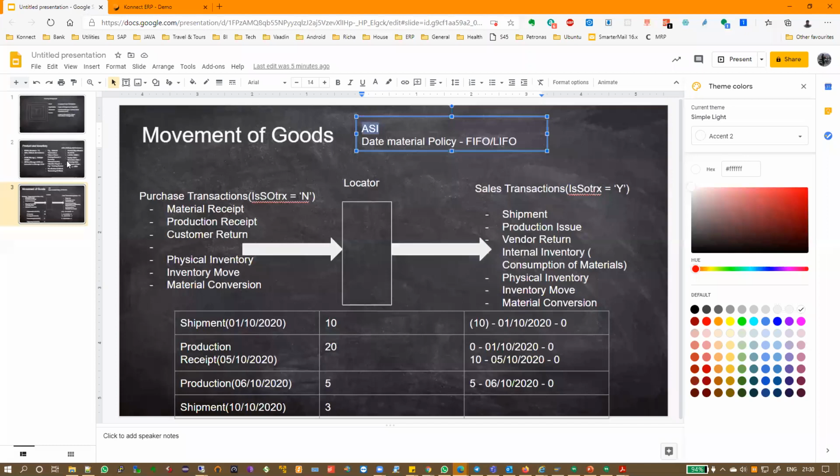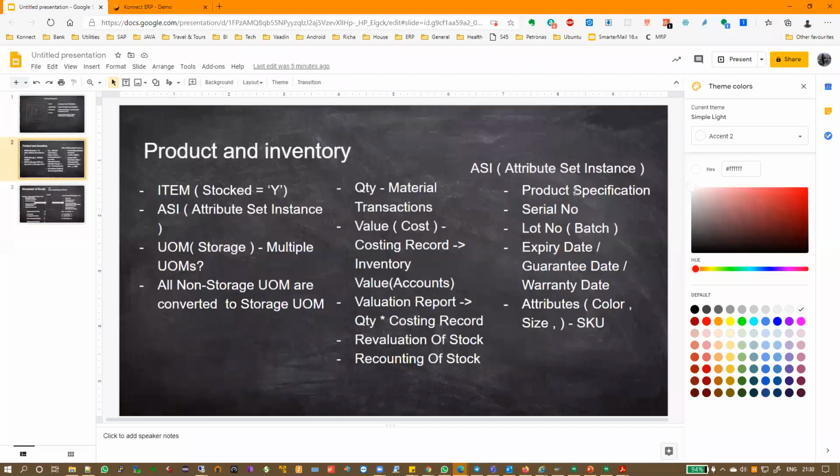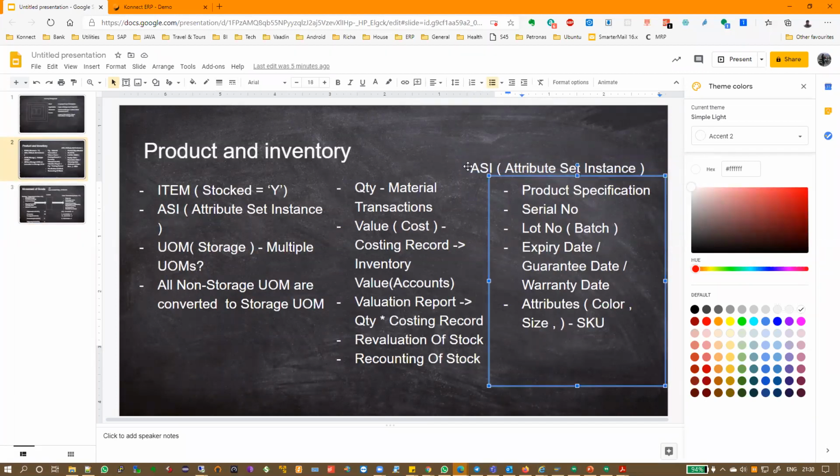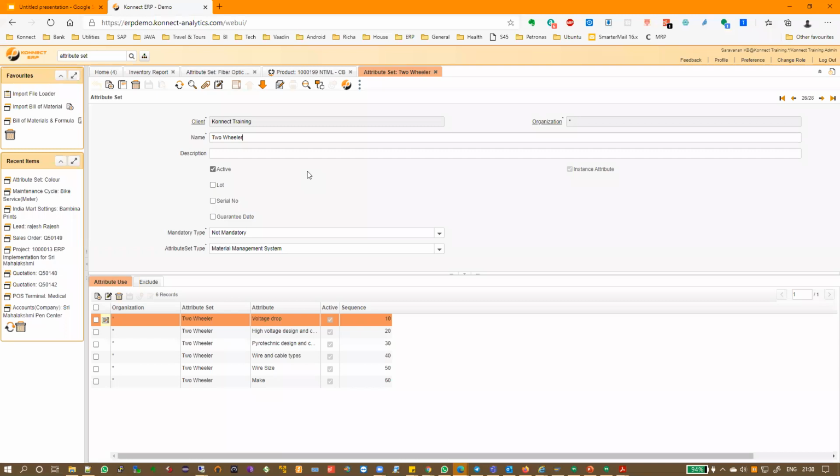Meaning to say that all these specifications, okay, attributes, all of this can also be tied to the attribute set instance itself. Okay, that means you don't have to go to two places to enter serial number in one window and go and put the properties in one window. No, not required. You can do it together in a single window, which is by mapping the attribute set to attributes.